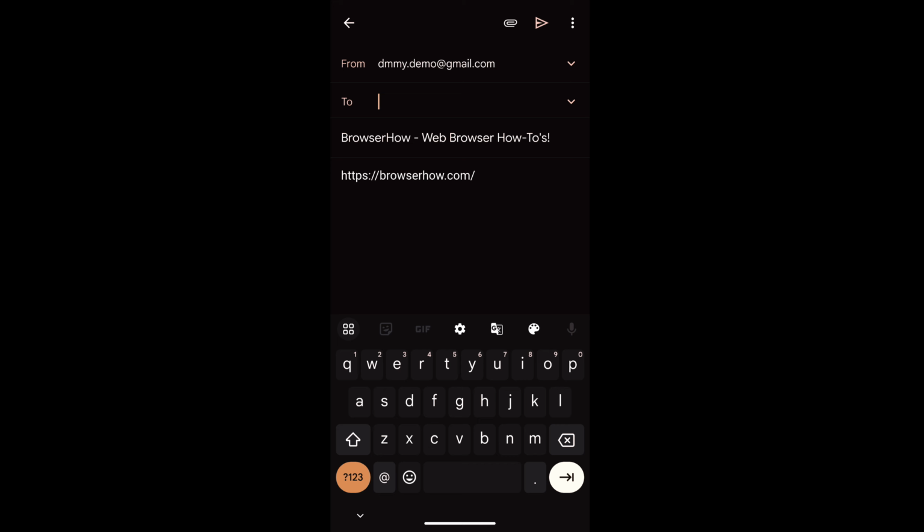In this video we are going to learn how to share the web page link or the website link using the Chrome app on your Android. So say suppose this is the website or the page link that I want to share. What I can do is I can tap on this three dot option, and here you can see this share